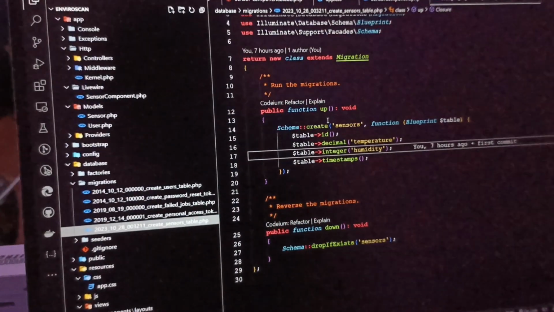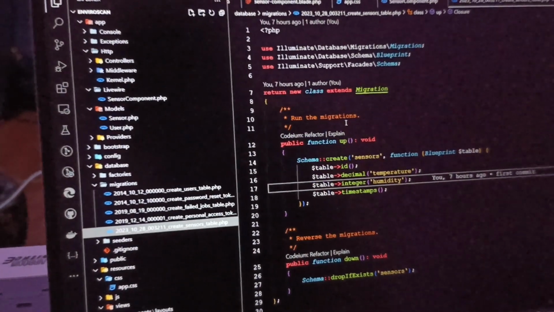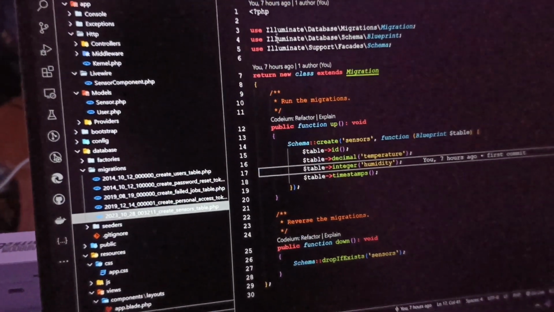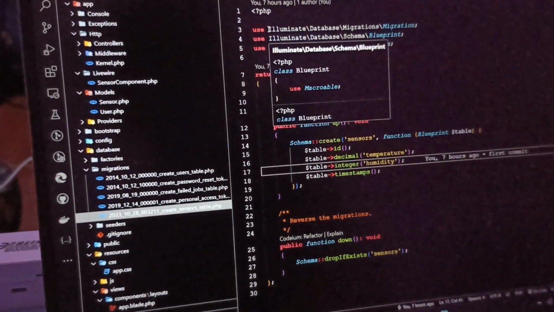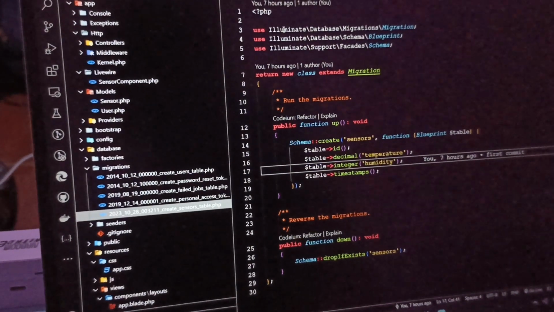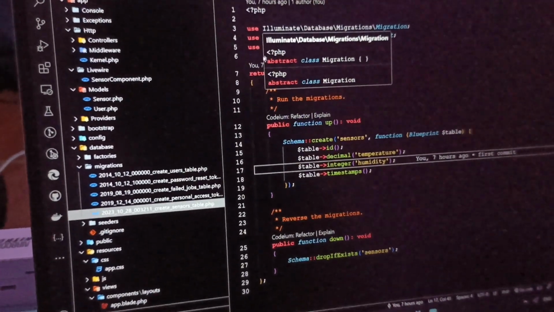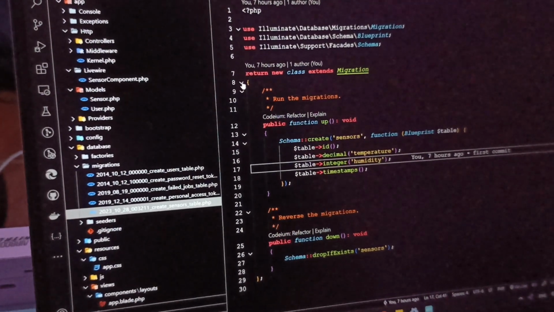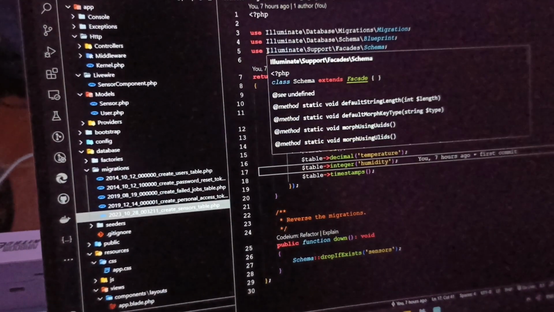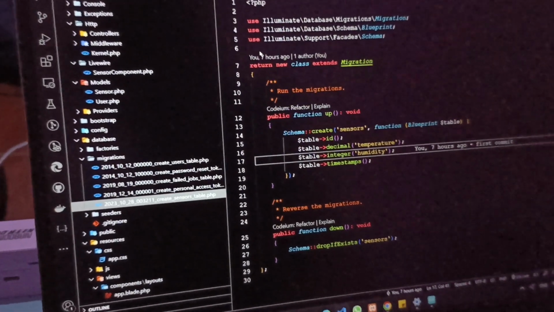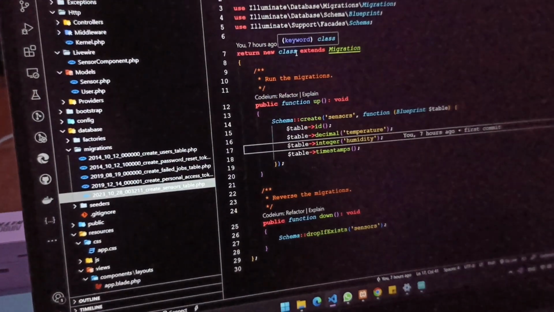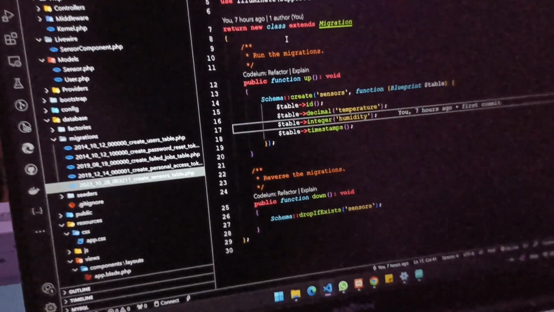And now this migration for the database in example.php. Okay, this Illuminate database migration, Illuminate database schema blueprint, and this Illuminate support facades schema. This a return new class extends migration.